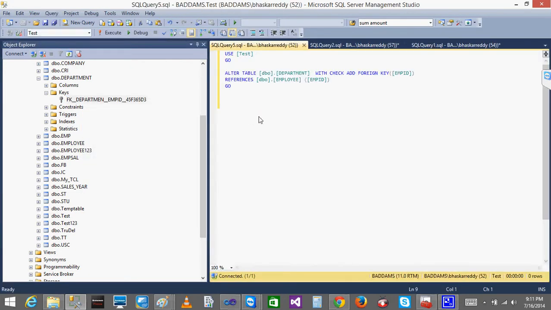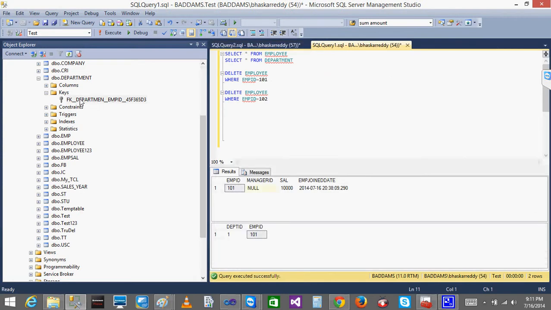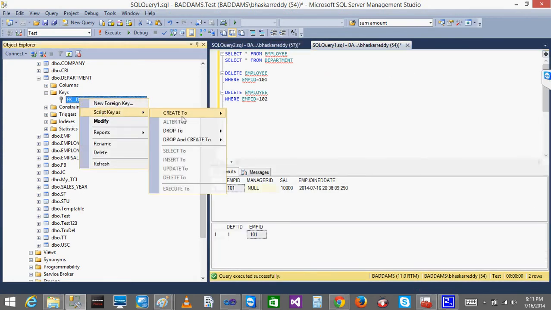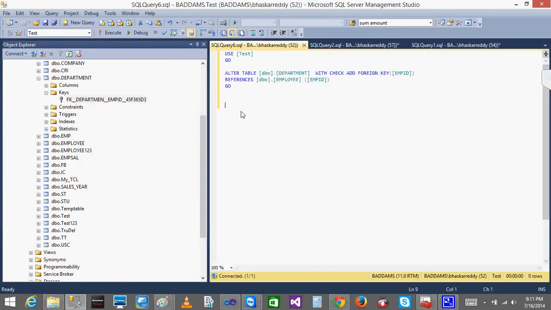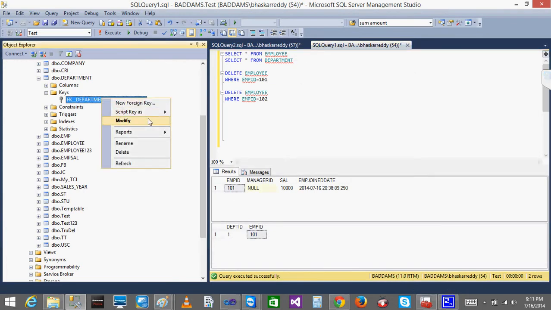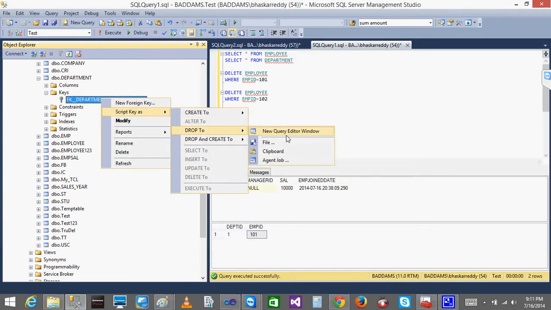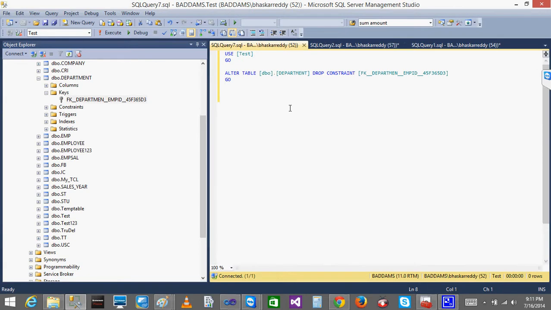Automatically, whatever command we use will be shown here. I'll create a script for drop in a new query window, and this constraint will be dropped.